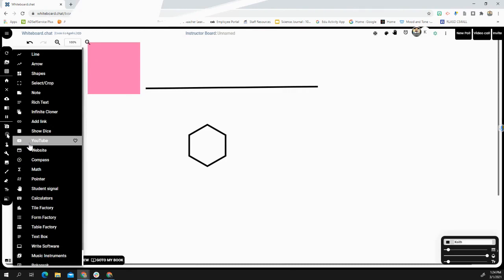See, we can also add YouTube videos directly onto it, websites directly onto it. We can use a compass to make sure that our circles are drawn perfect with the correct degree. We can include equations and write math problems directly on here. We also have pointers to highlight or draw attention to something that is really important that we want our kiddos